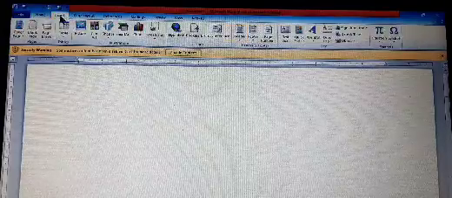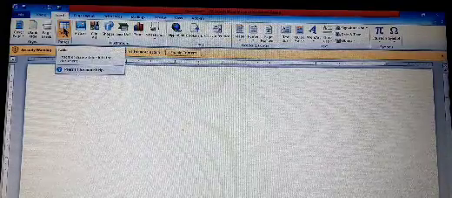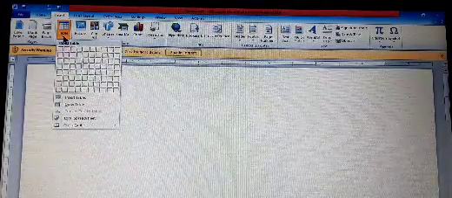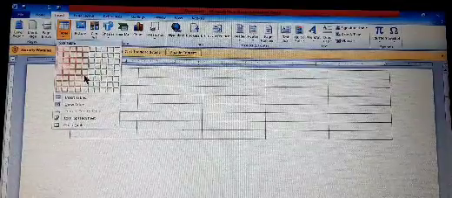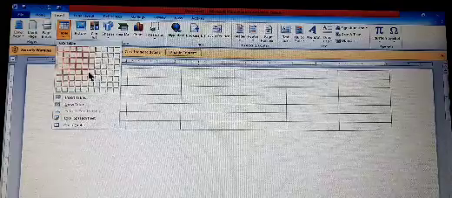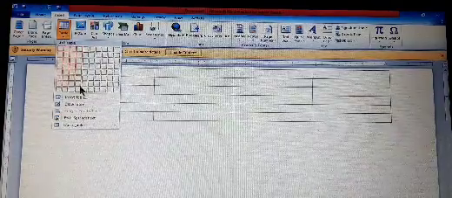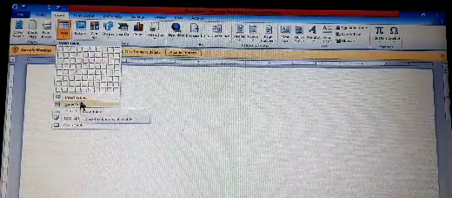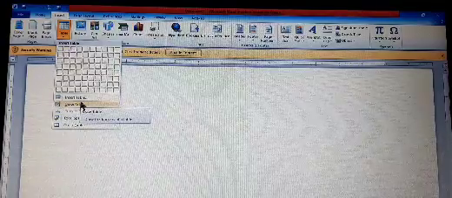First go to the Insert, then here is the Table button. Okay, click on the Table button. Here you can choose the number of rows and number of columns you want in your table. Or here are the options, Insert Table options. It contains more options to insert a table.